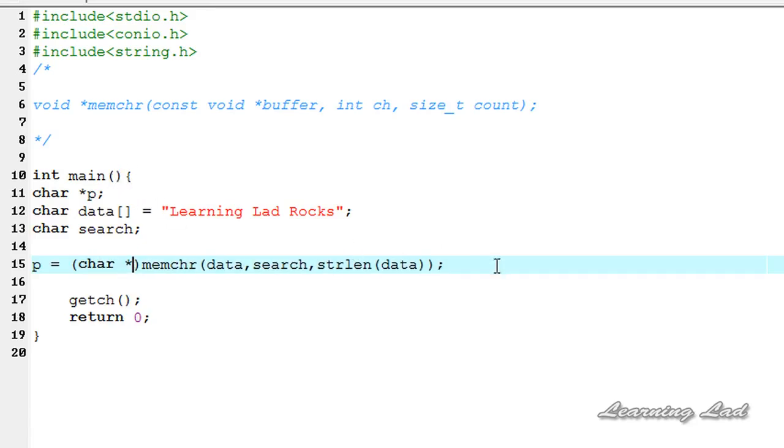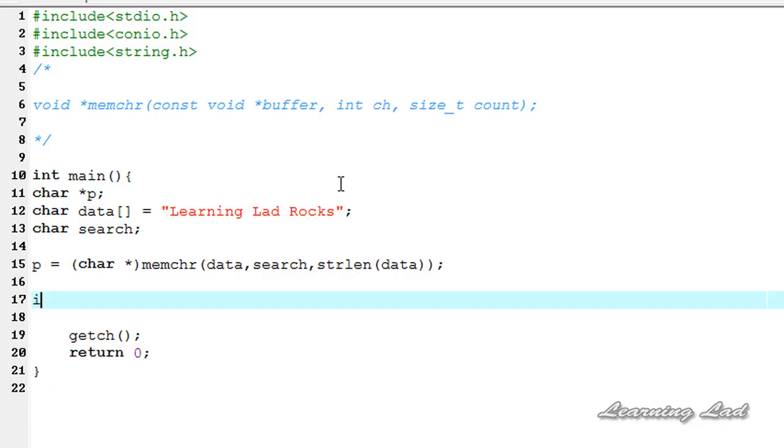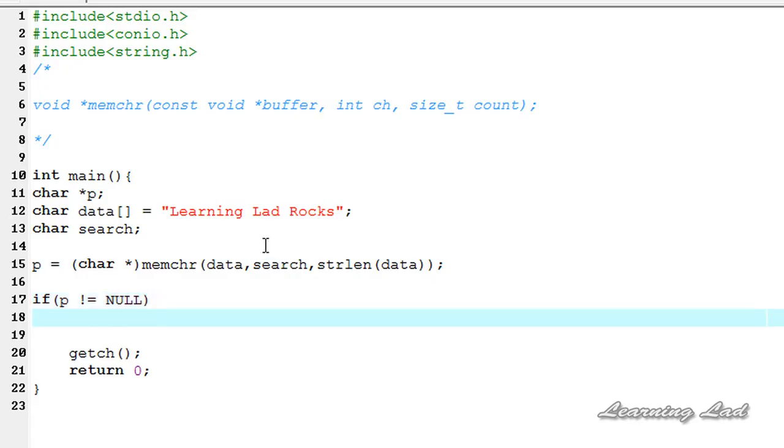Okay, this is it. The next thing we're gonna do is check whether the character we specified is present in the string or not. If that character is not present, this memchr function returns a value of null, so we're gonna check that. I'm gonna use if p not equal to null, then it means the character is present. We're gonna print out the character stream or string from that character. I'm gonna explain that when I run this program. So it's gonna be p here,